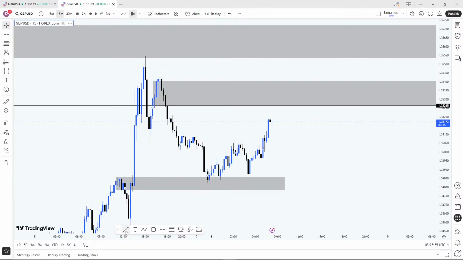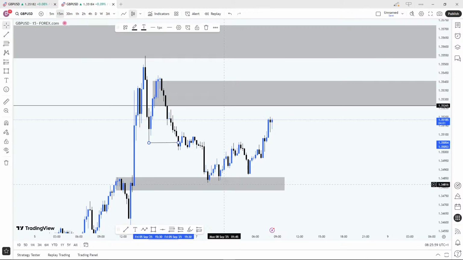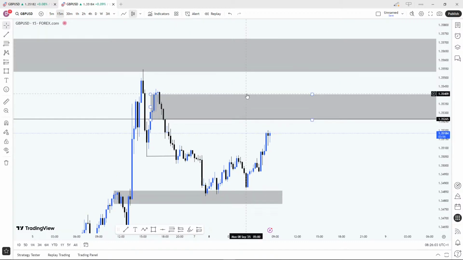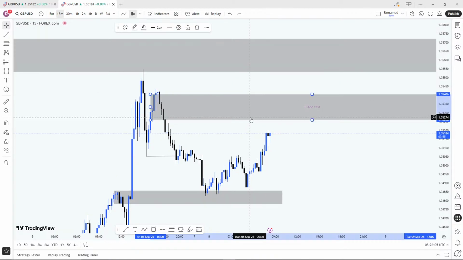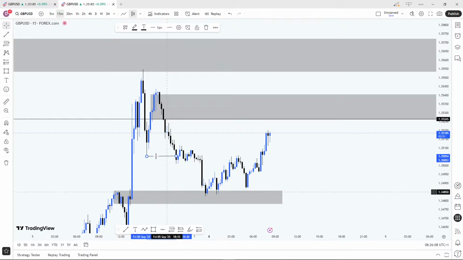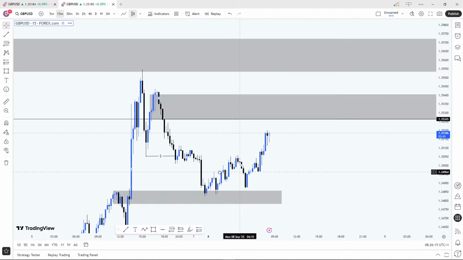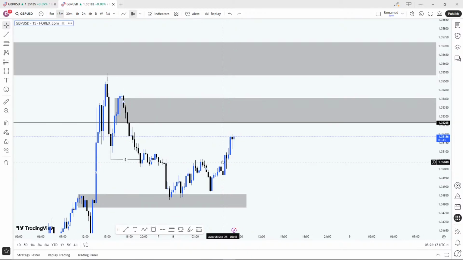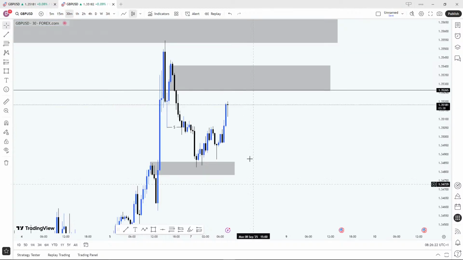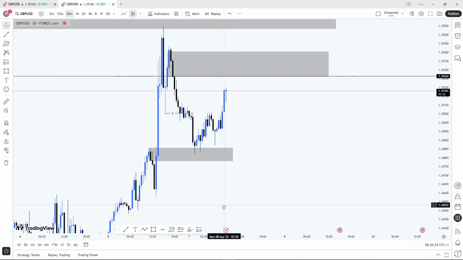Now if you watch, it's using this very low as a liquidity protecting this very breaker block. So this is not a valid break of structure for this sell to happen. This is just liquidity protecting this very breaker block, so it's not a valid BOS. So we're gonna keep looking out for buys, meaning this is not a zone that this market is likely to sell from.